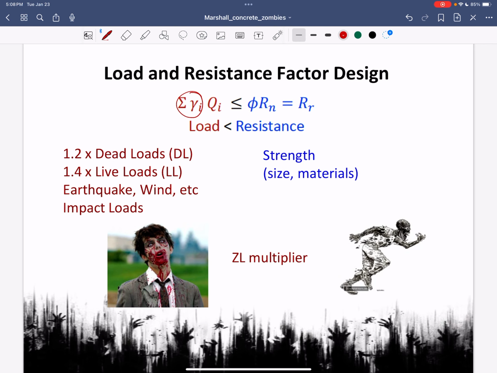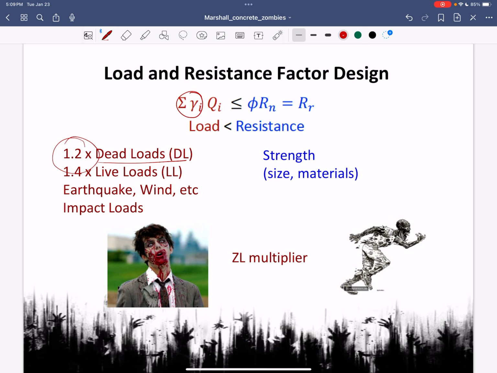I know dead, so dead load, haha, so zombie kind of is a dead load, I guess, engineering humor. A dead load is self-weight. So I know once I make a beam, basically how much it's going to weigh. So I only have to add a 20% safety on that. It still has to be built. It's not perfect. Pouring concrete is not a perfect science.